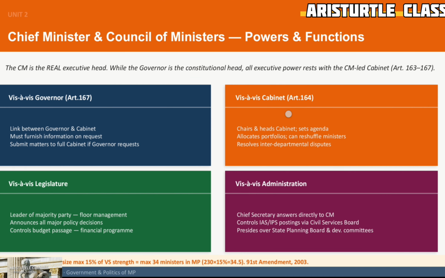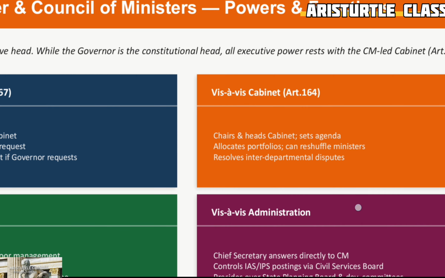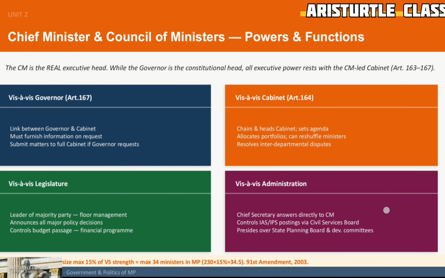If the governor requests any information from the chief minister, he has to give it. We have missed Article 163, which talks about the council of ministers. Article 164 talks about the head of the COM, which will be the chief minister. Okay, so these are a few things, and in Madhya Pradesh, we have 230 Vidhan Sabha seats. So the magic figure remains 116. So for a party to get the majority, they have to get 116 seats at least.